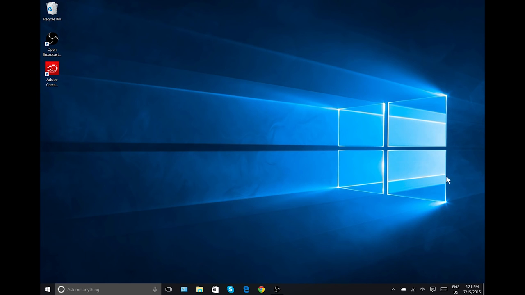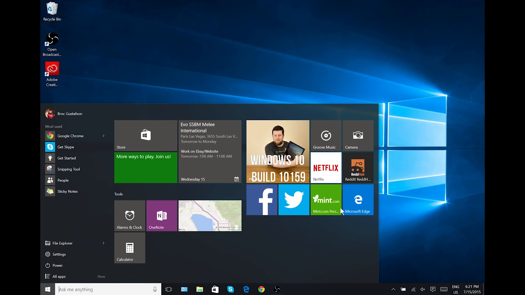And we're going to take a look at it here for a second, give you a brief overview of what you can expect. First off, your start menu is new and improved. You have an actual start menu, not a start screen. We've shown you some things in our previous videos, but just to recap a little bit here, we'll open up